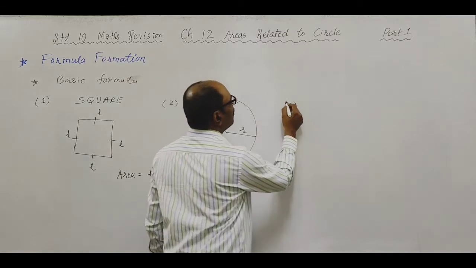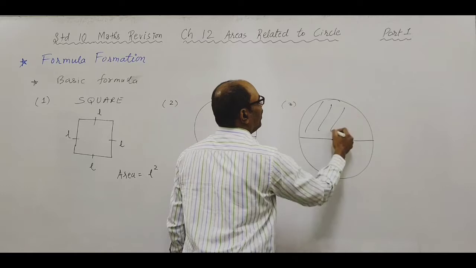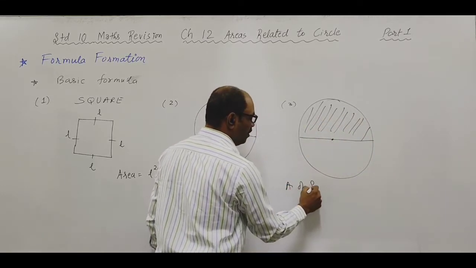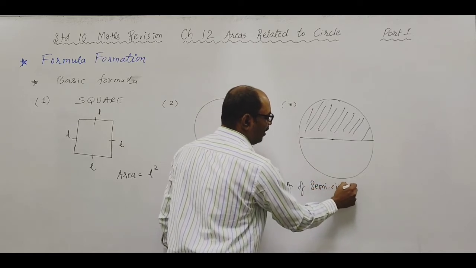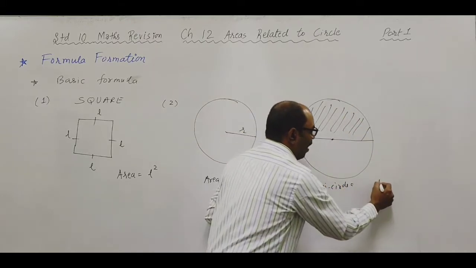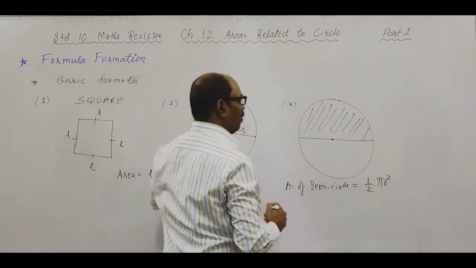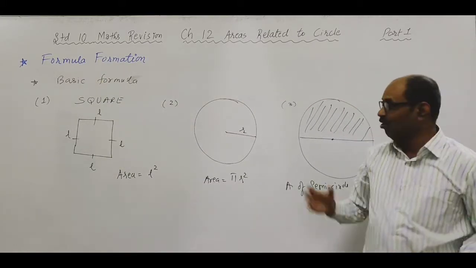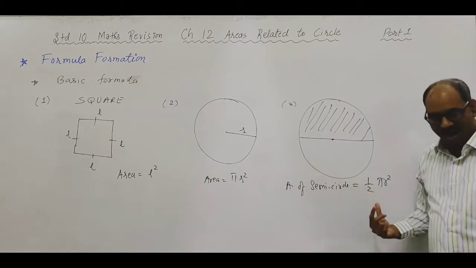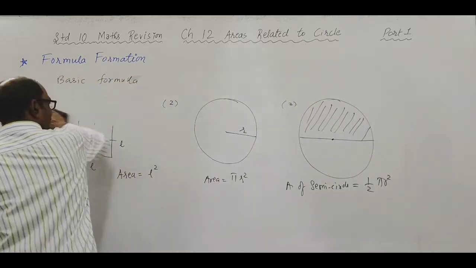Alright. Third, semicircle. This is diameter and you are supposed to find area of this region. Just the semicircle. Area of semicircle. Yeah, that you can derive actually. That you can frame yourself. पूरा सर्कल का कितना है? pi r square. और उसका आधा. So वो actually formula formation में आएगा. Basic नहीं है. Basic तो circle है. And area of semicircle is half the area of circle. So that is half of pi r square. Clear? Understood? Remember this? In fact, you know it very well. Correct?